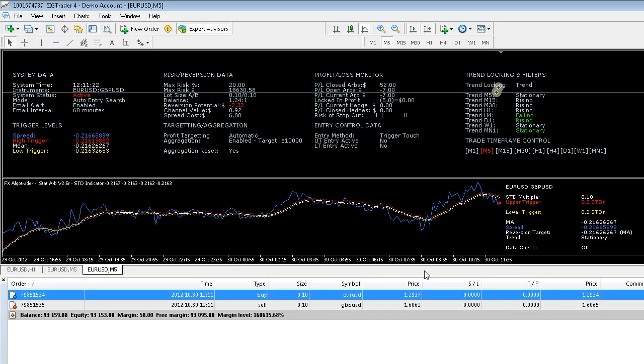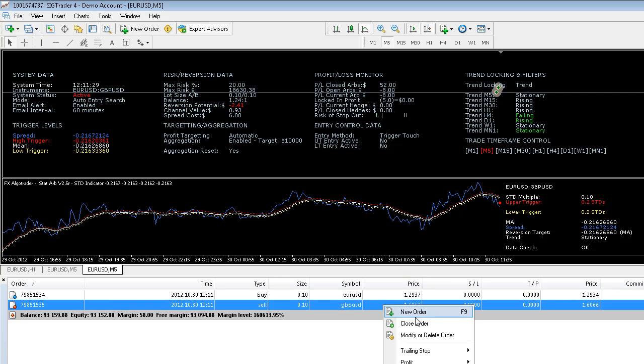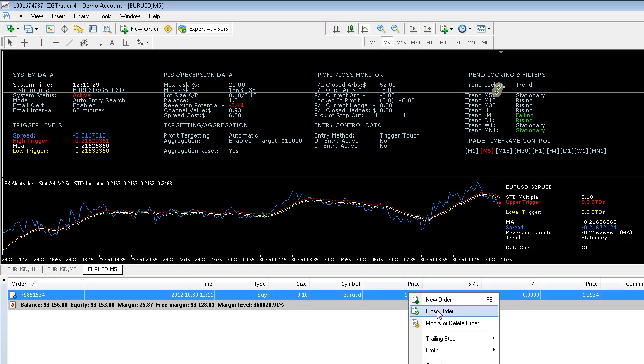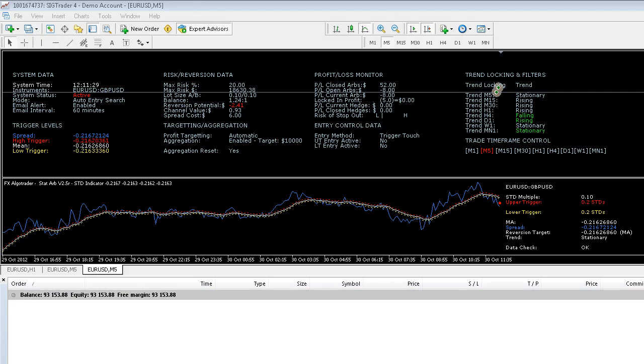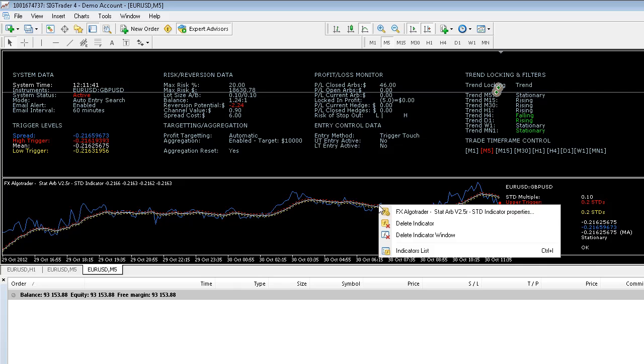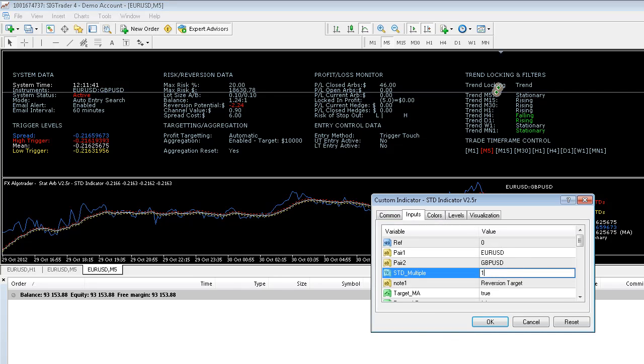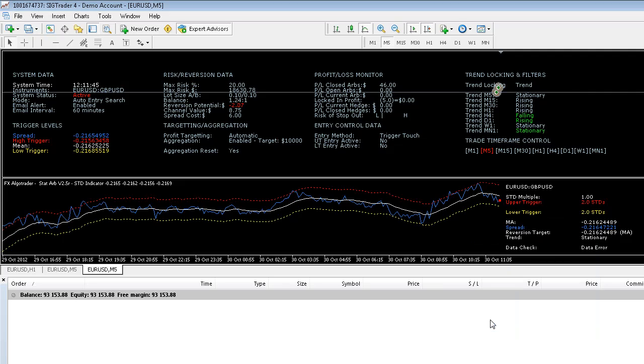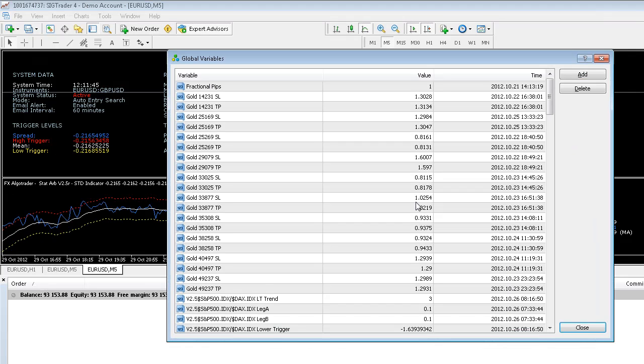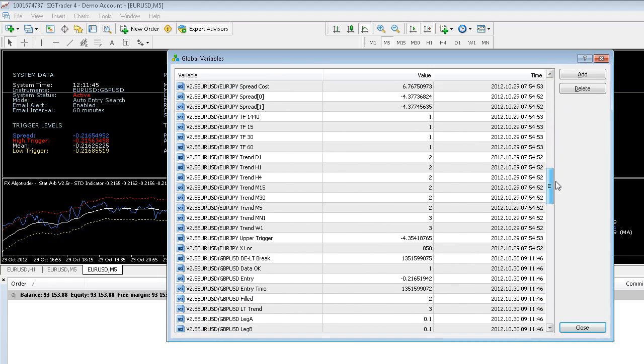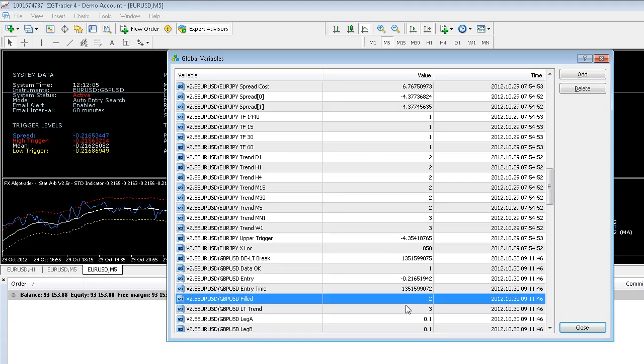But let me go back again. It's important to understand how this works. So let's say we then close this ARB again. So I've closed that ARB. I'm now going to set the STD multiple back to a sensible level. I'm going to look at the global variable table again in MT4, and we will see down here we've got V2.5 euro dollar GBP USD filled value 2, meaning a long ARB was placed,